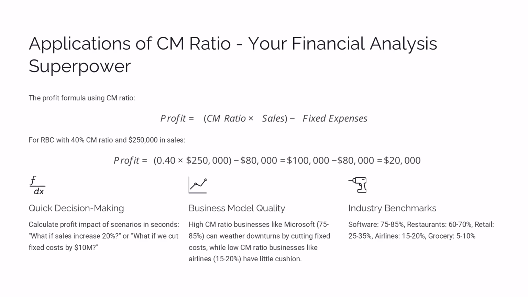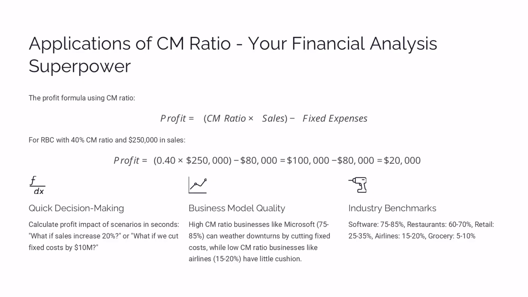Starbucks has approximately 62% CM ratio, so when they announced $32 billion in revenue last year, you can instantly calculate they had about 0.62 times $32 billion equals $20 billion in contribution margin to cover their $14 billion in fixed costs, leaving $20 billion minus $14 billion equals $6 billion in operating profit. And being able to do that calculation in your head during an interview basically guarantees you get the job.